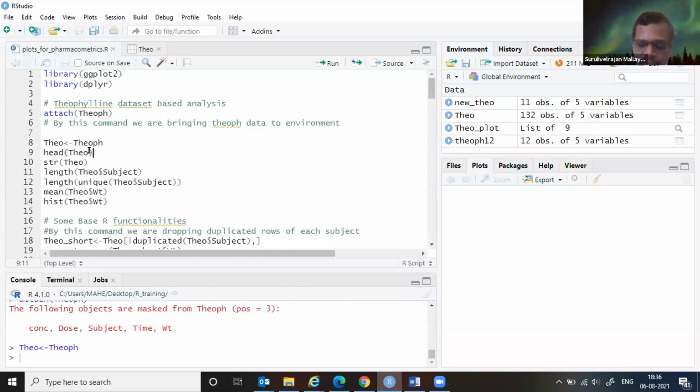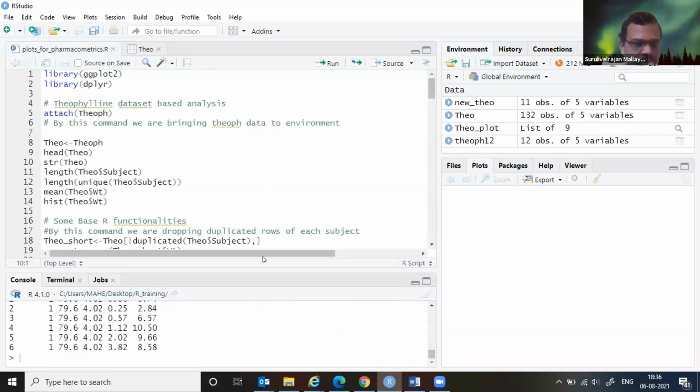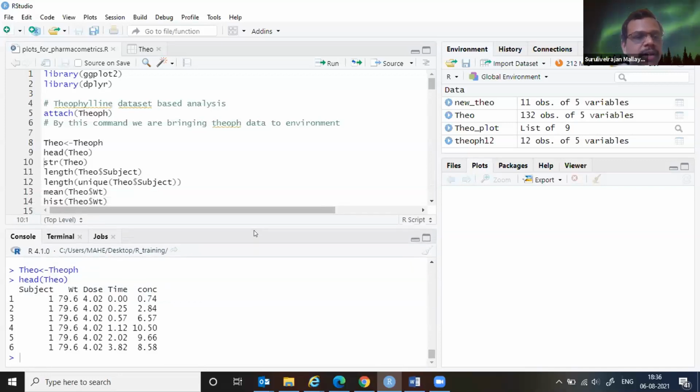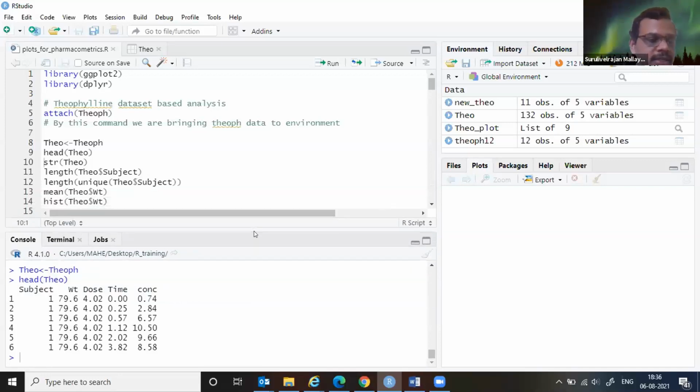So what will happen if I give this command? I'm able to just explore what this theophylline data contains. It contains subject, weight, dose, time of observations, and concentration. That is probably the plasma concentration that is measured. So all that information I'm able to get about this data.